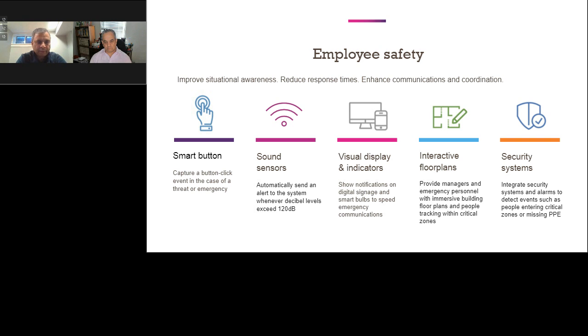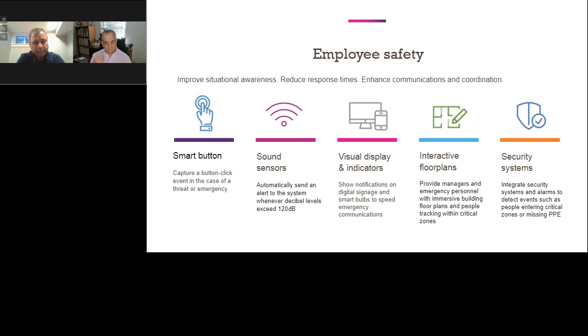For example, one of the major things around employee safety, and this was in hotels, is that when employees go into hotel rooms, you want to maintain the security of those employees going to serve and clean a room. So they have a panic button. If you click on the panic button, the application will tell you which room, which floor, and which employee has to deal with that particular situation.